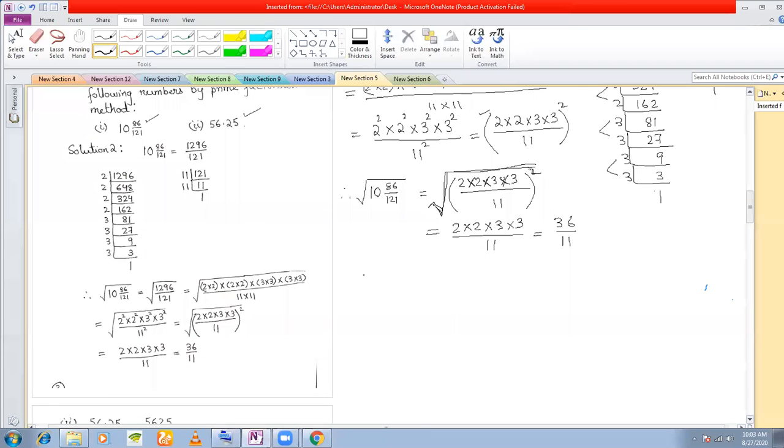Decimal number 256.25. Okay, we convert this to a fraction. We convert this to a fraction, 5625 divided by 100. Because if you are shifting two places of decimal to the right, you have to divide it by 100. You have to take two zeros in the denominator, right? So all of you know this, I assume.